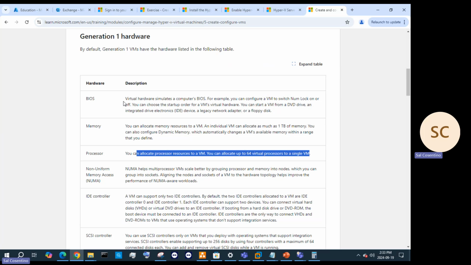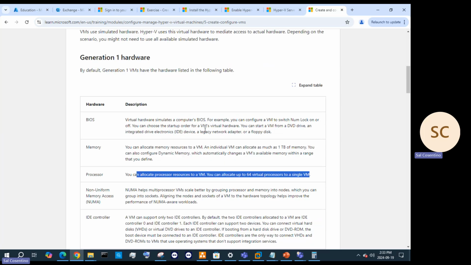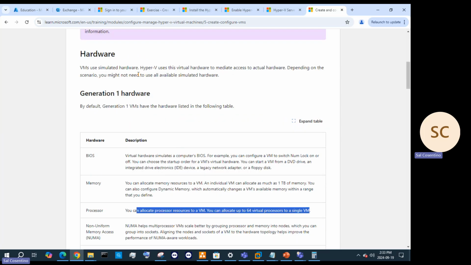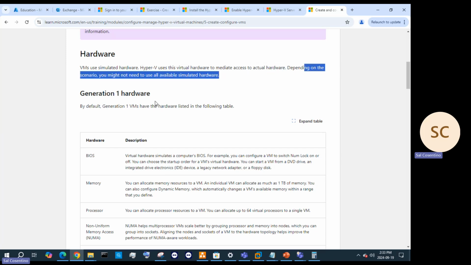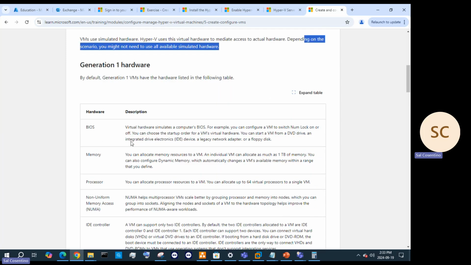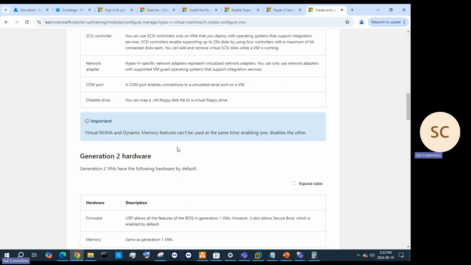And then our BIOS here, our virtual hardware for that VM. We're using Hyper-V as our hypervisor, which uses this virtual hardware to mediate access to actual hardware. So depending on the scenario, you might not need to use all the available simulated hardware, but again, you're more than welcome to take a look at this and read this as you look through the